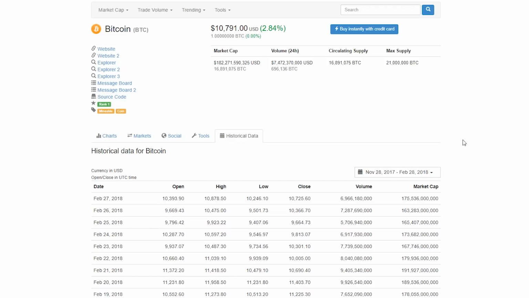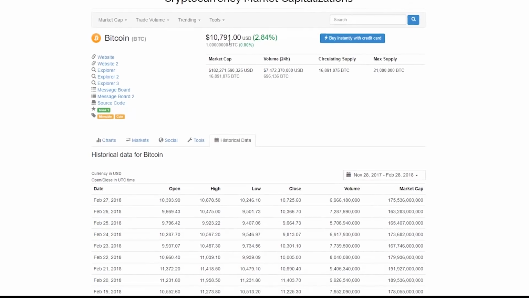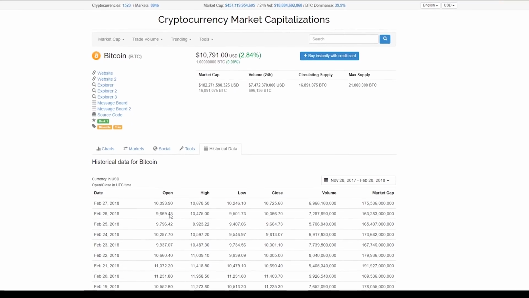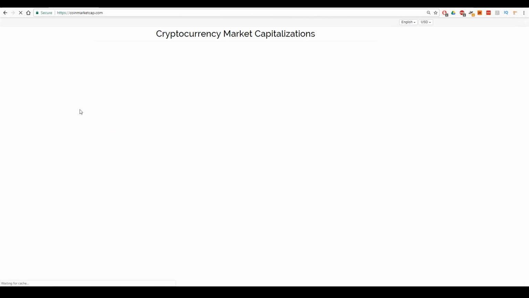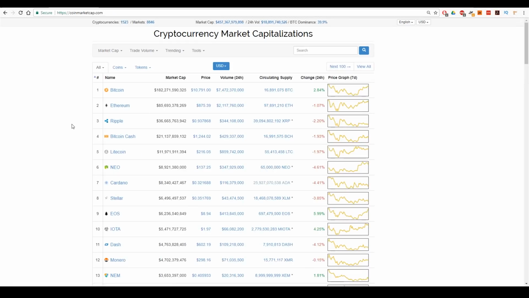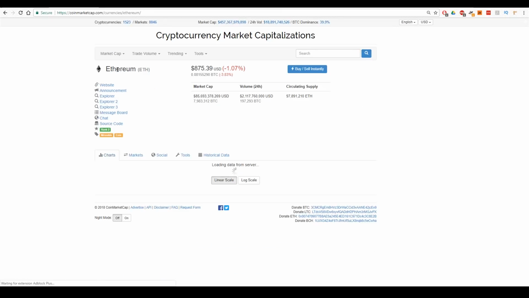Alright, so that's pretty much it for the main tools within these particular cryptocurrencies. We're going to have a look at another example. We're going to look at Ethereum because Ethereum is a bit different, and what you'll find is every single cryptocurrency is a little bit different in terms of what information you have available to you. So if we come over here to Ethereum, we'll click on this one